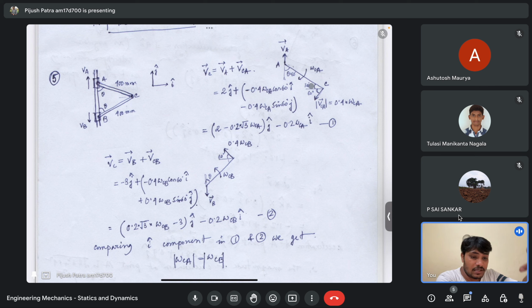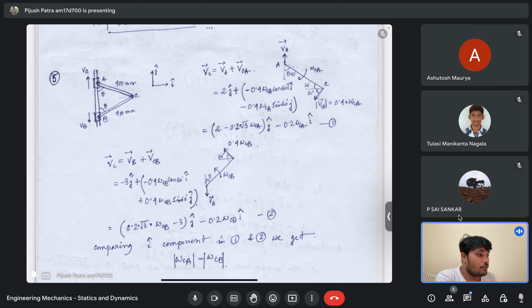Okay, so that angle should be perpendicular, and this is 60 degrees given, I guess. Am I right? It is 60 degrees given. It is 400 millimeter, and that length has not been given. So it should be 60 plus, yeah, it should be perpendicular. That means that angle should be 30. So that means this angle is 60. Yeah, and then that VCA is the omega CA into the distance r, and that is 0.4